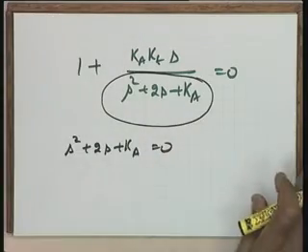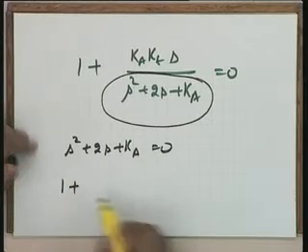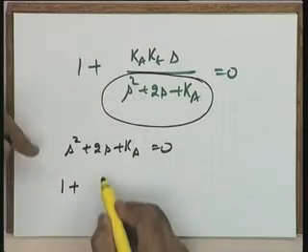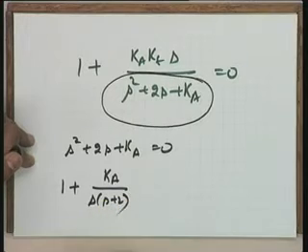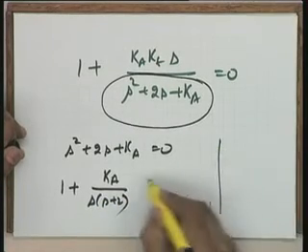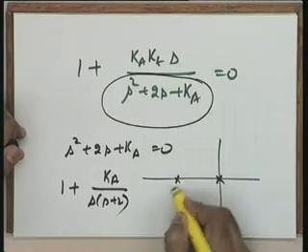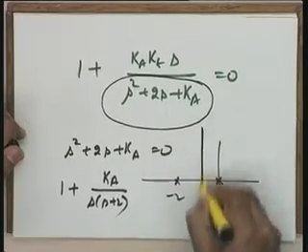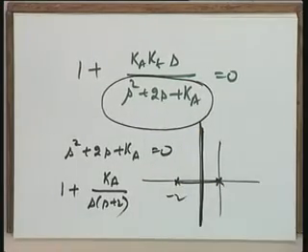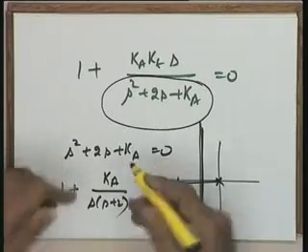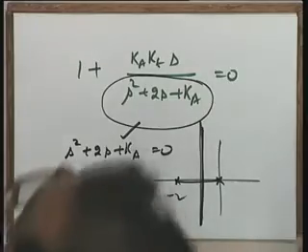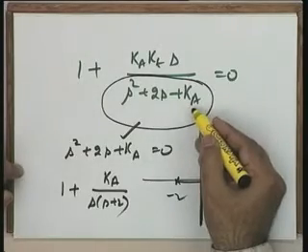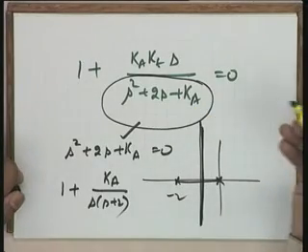But if it is a complex function, you can really put this also in a root locus format. This is 1 plus ka divided by s into s plus 2. Okay, so if I consider this s is equal to 0, this is minus 2, you know that the root locus is this as far as variation of ka is concerned. Though in this particular case I did not need this, because this was a simple quadratic, and we could get the roots of this particular equation directly by solving a quadratic equation.